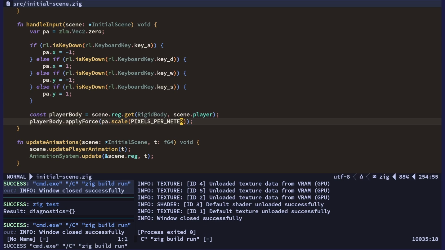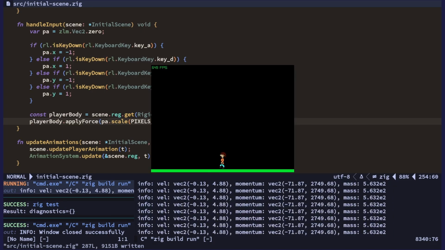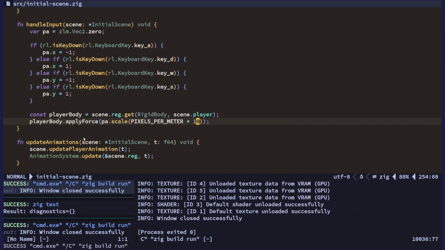So we want to scale this by this, and then we also want to scale the speed of the player. So let's just have 10. Okay, so maybe this would be, in theory, meters per